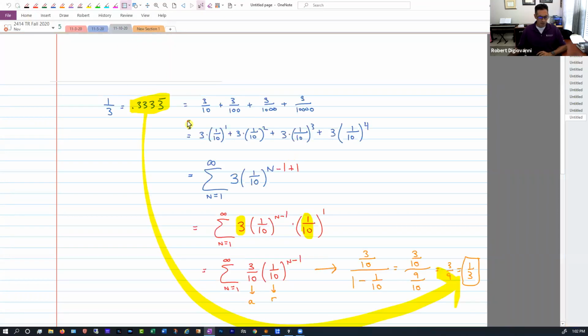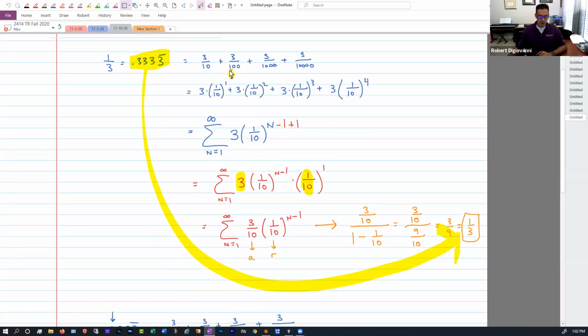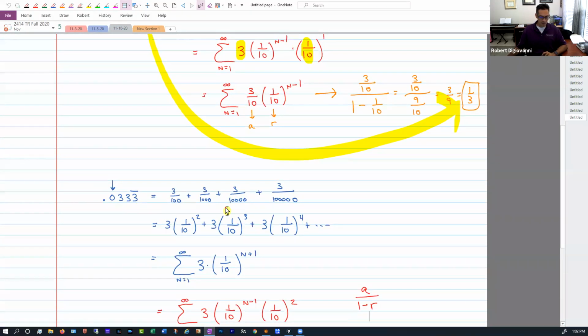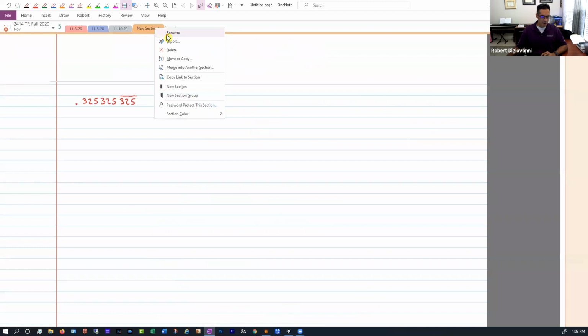All right, so the example I want to show you here is this one. Let's say that we have a repeating decimal. Let's go 3, 2, 5, 3, 2, 5, 3, 2, 5. So we have this decimal that just repeats, right? It's got a pattern. We did something like this last time. We did 1/3 is 0.333, right? And we were able to convert that over to a geometric series and find that it converged. And then we did this one, 0.0333, and we found that we could rewrite that as a fraction. So now, building on that a little bit,